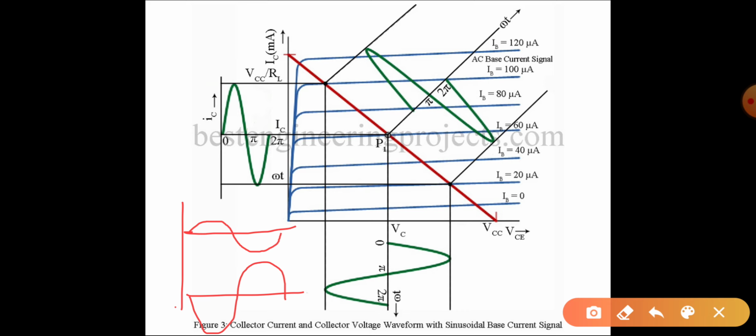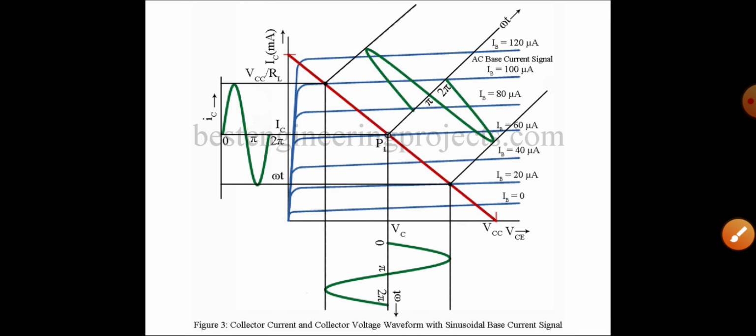So this is a very basic explanation of the input output waveforms with the help of load line. So I hope you all understand the purpose of this load line analysis. So load line analysis is very important, as I already told you that the input and output characteristics of a transistor, or you can say any configuration, whether it may be common base, common emitter or common collector, is very important to understand the further applications of transistor.